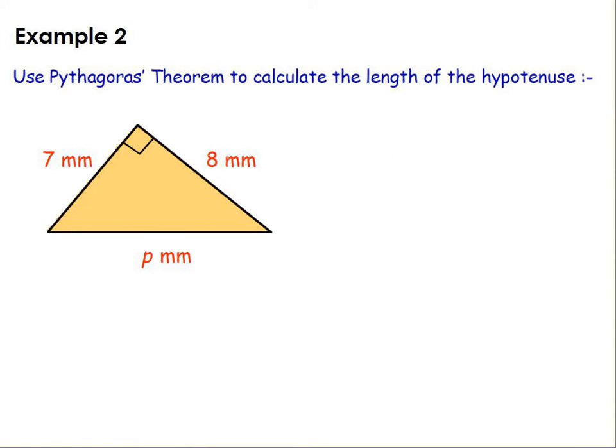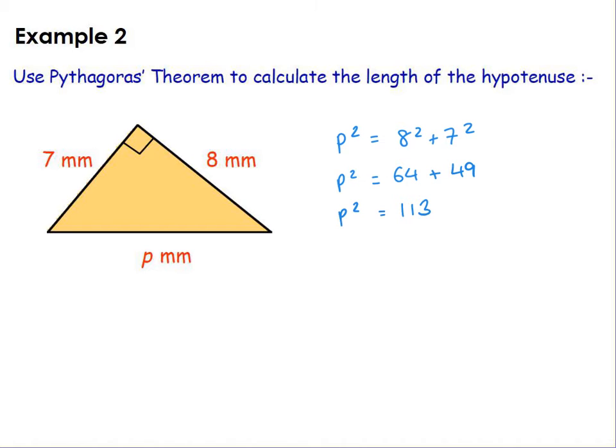Example 2. Use Pythagoras' theorem to calculate the length of the hypotenuse. This time, the hypotenuse is labelled P, and remember, it's always across from the right angle. So I'm going to do P squared equals 8 squared plus 7 squared. Again, it doesn't matter the order, I always put the bigger number first. So 8 squared is 64, and 7 squared is 49, and when I add these together, I'm going to get